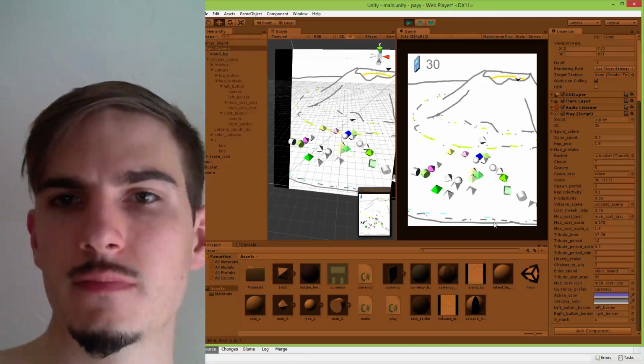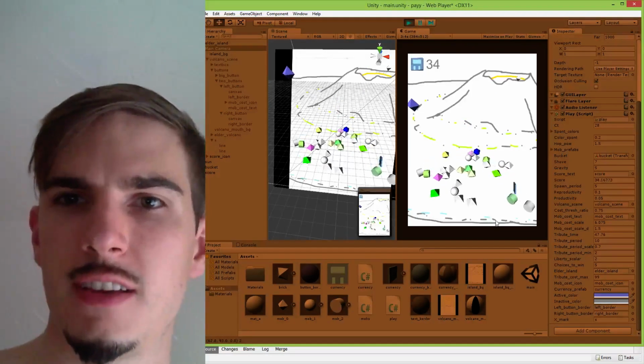I could do that thing that I did before, where I can make new mobs